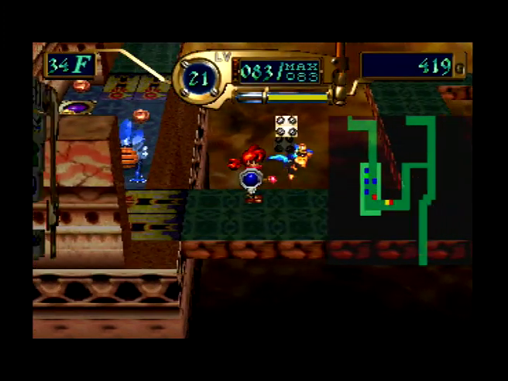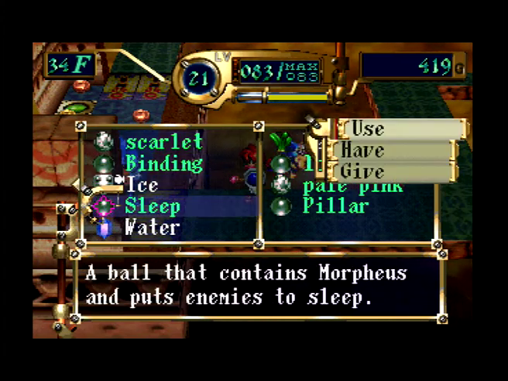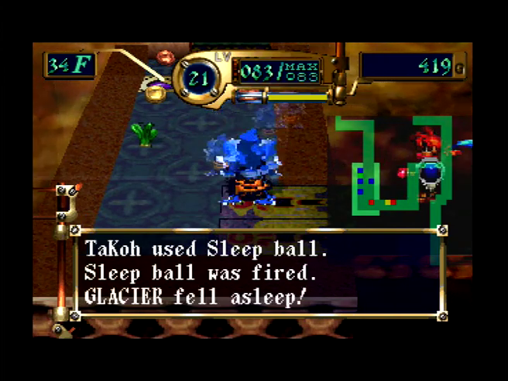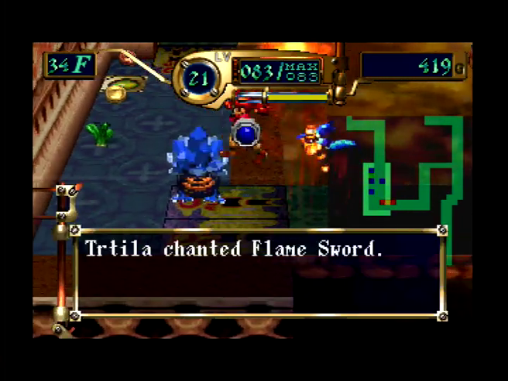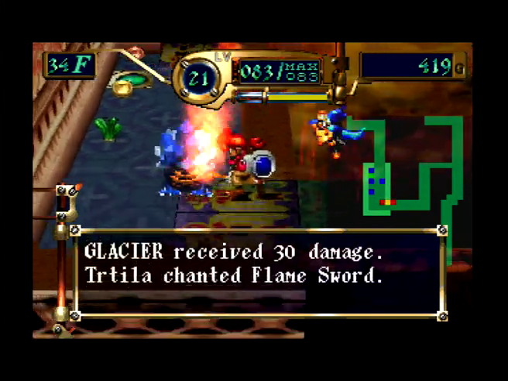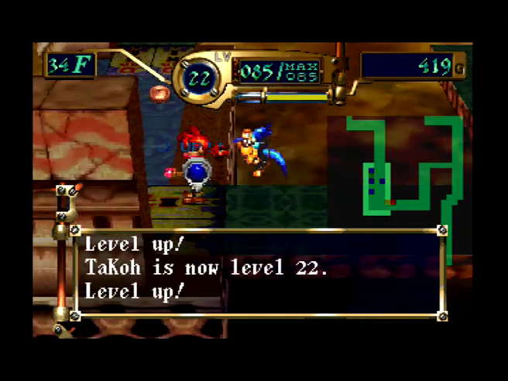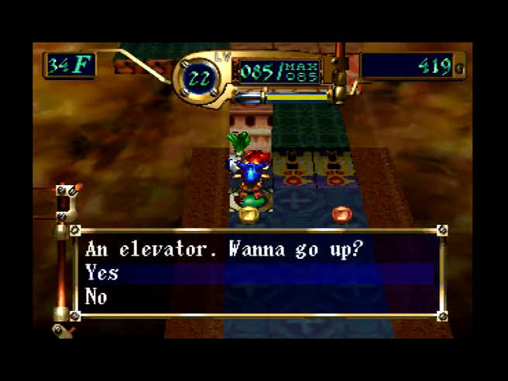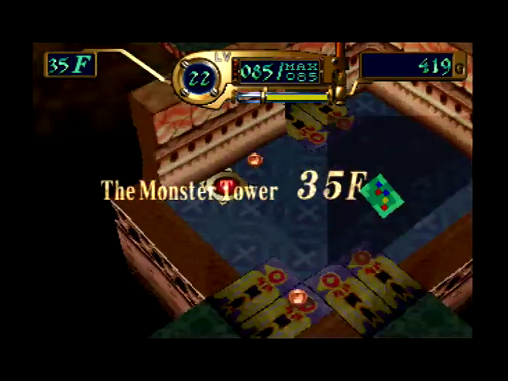We're going to use sleep and binding. And it's possible that we're going to waste many charges, but he shouldn't one-shot us with any of these attacks, so this strat should be... and it was definitely on my PB pace right now. But let's not...